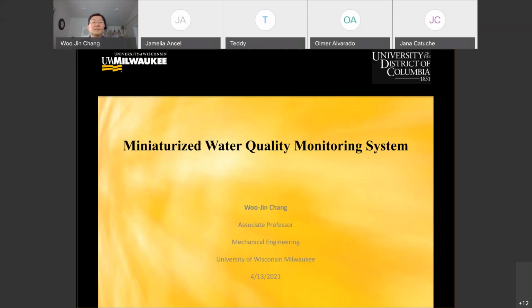So this miniaturized water quality monitoring system is one of my research areas, and that is the one that I want to introduce today. And I want to start with